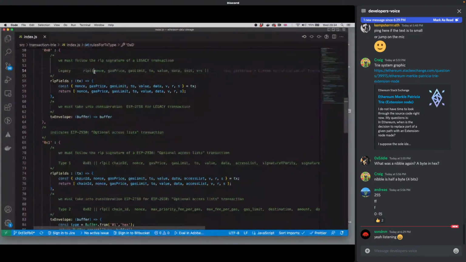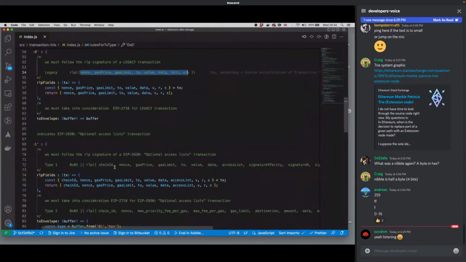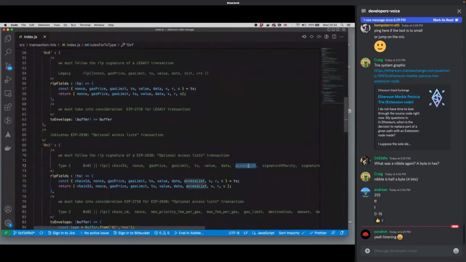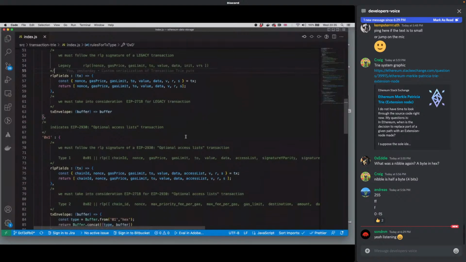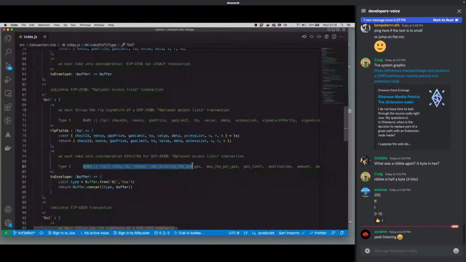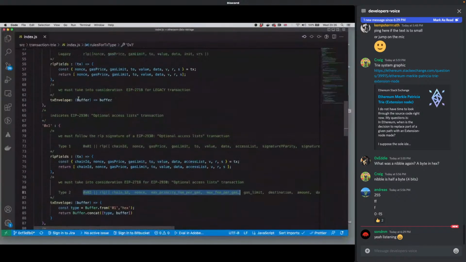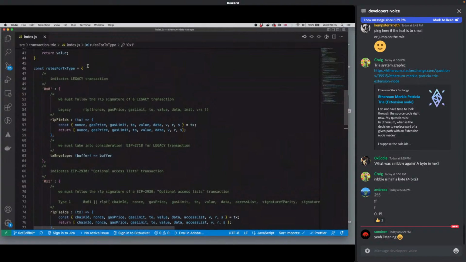But data in a transaction is for the most part flat, except for the access list, which has this access list property that we have to make sure is expressed in an array. So this one is the only one at the moment that's recursive and requires that sort of recursive RLP encoding. But basically, each transaction type has its own signature that needs to be followed,